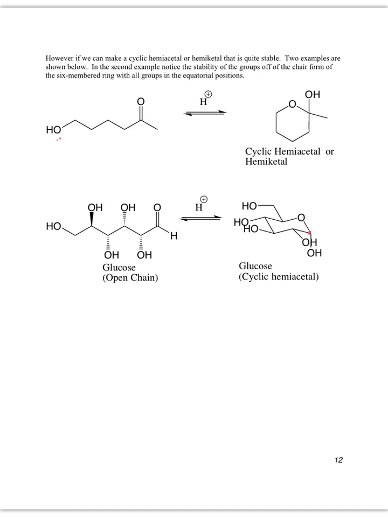We have on this carbon right here a hemiacetal. It's a cyclic one, and in glucose, all of the OHs except the anomeric one on the hemiacetal are off of the ring in the equatorial position, so they're the most stable groups off of it. Okay,